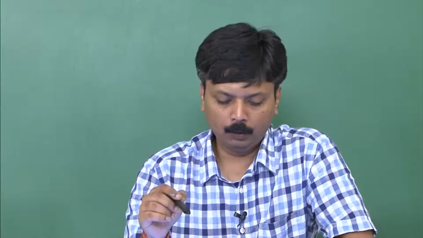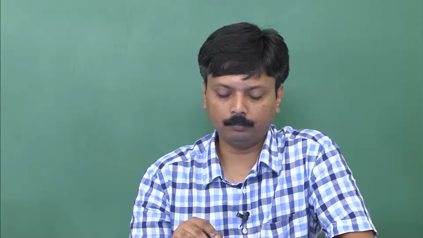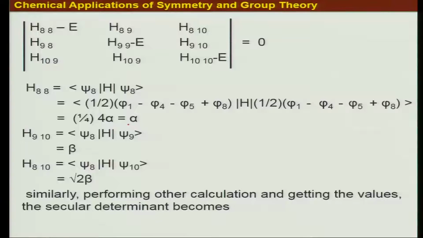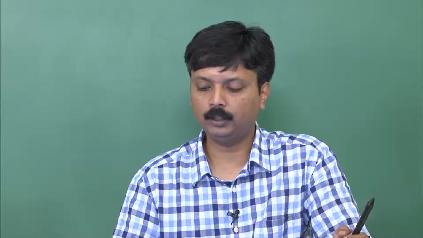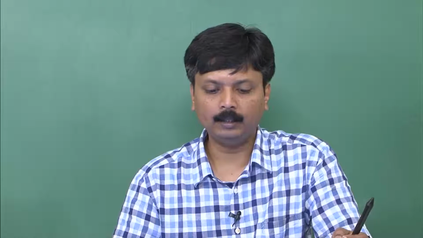And beta is the unit of energy, so beta will give me 1. Taking those terminologies, and S12 or S21 being 0 under the Huckel approximation, we get the results as H88 equals alpha, H910 equals beta, and H810 as root 2 beta. So we can keep going and calculate all the other secular determinants for the other irreducible representations, put in the conditions imposed by the Huckel approximation, and you ultimately get the total